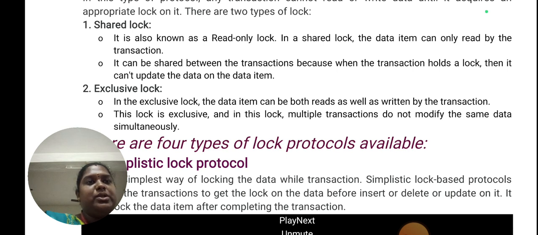Shared lock, it is also known as read-only lock. In a shared lock, the data items can only be read by the transaction. It can be shared between the transactions because when the transaction holds a lock, it cannot update the data